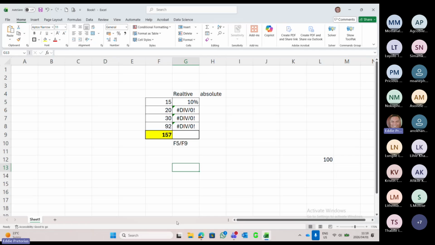That's the formula. Relative, it is spelling. There we go. Now I'm going to do the same formula, sweetie. It is equal to 15 divided by 157, but I'm going to click on my F4 key. And I'm going to say enter. But when I autofill down,